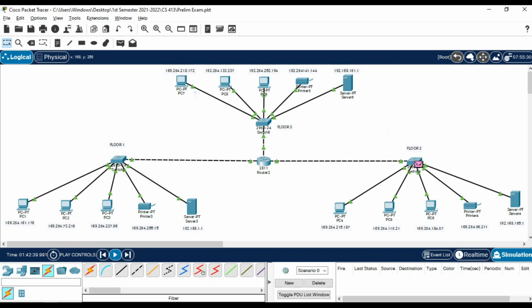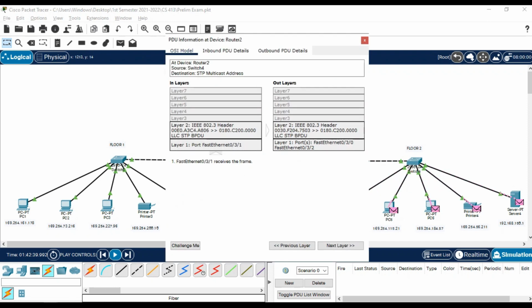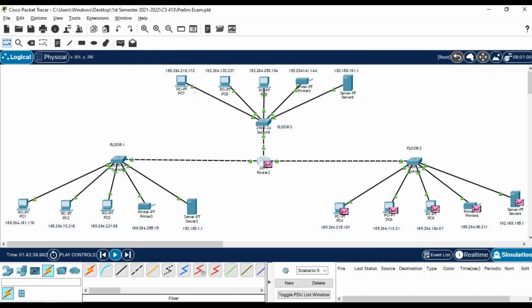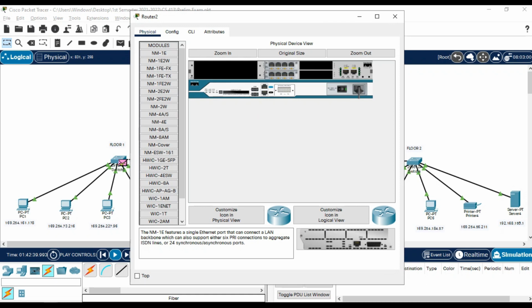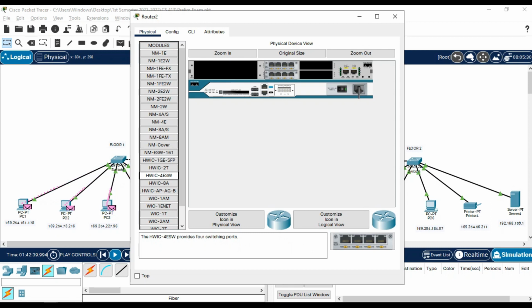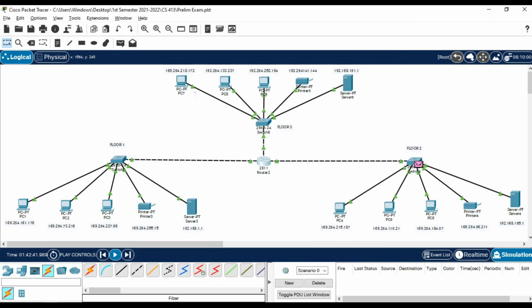To connect these three workstations, I have used a single router, which has added Ethernet ports. I have used the HWIC for ESW as an extender for the Ethernet connection. To start off, I have